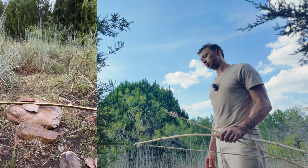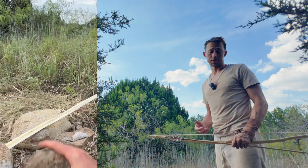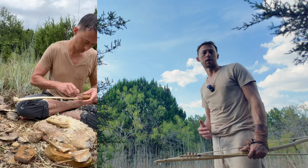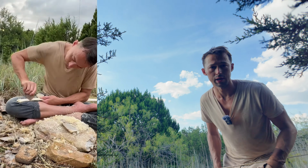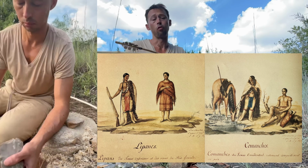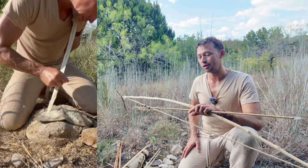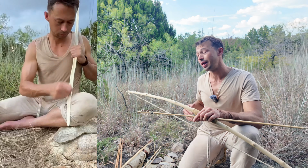And this set took me over 40 hours of nonstop work to make, and it's about the easiest good bow that one can make. I wanted to make a time-tested, efficient design. So I studied the historical methods of the indigenous peoples in my area, such as the Apache and the Comanche, and drew on over a decade of my experience as an ethno-botanist, archer, and flint knapper to make this bow and arrow in a way virtually identical to how it may have been done in this same spot thousands of